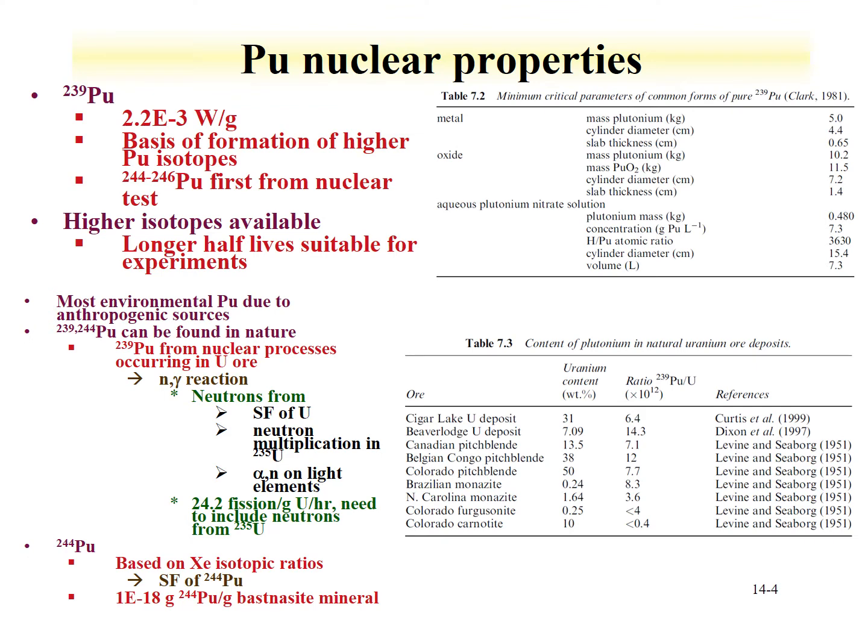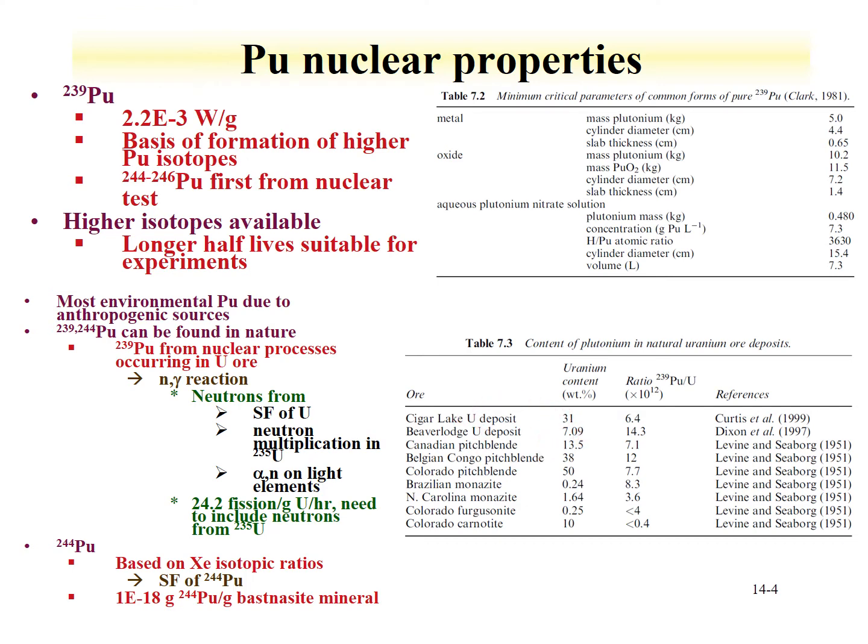There's also a natural component of plutonium that's in the environment, and some of these can be found in ores that contain a lot of uranium. And if you think about uranium, you have uranium with a very long spontaneous fission half-life. So uranium can emit neutrons from the spontaneous fission. If you have ores with a large amount of uranium, such as the Cigar Lake uranium deposits, you have a